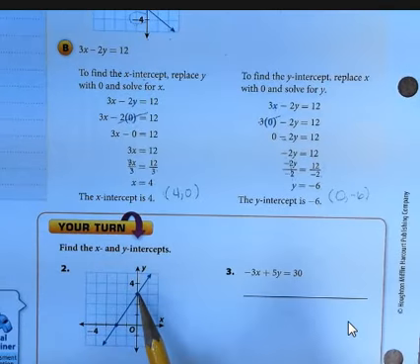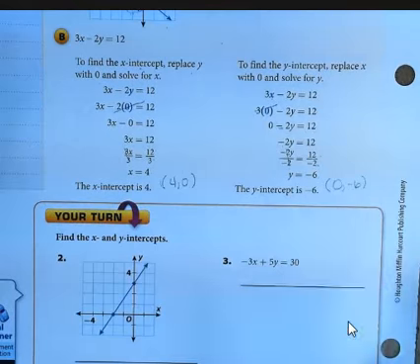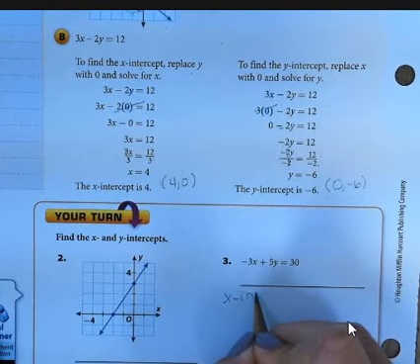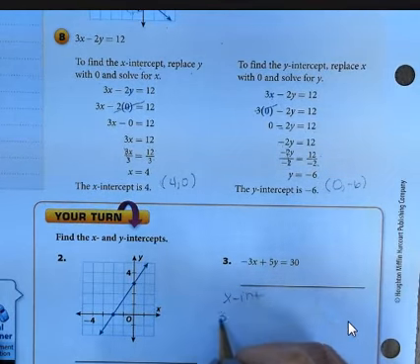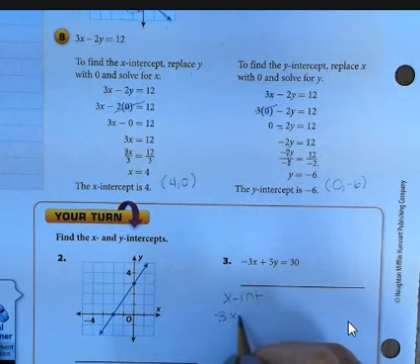And in order to find your y-intercept, you're going to make your x equal to 0. Okay, so you're going to go ahead and solve it and give me those answers. Let's move on to page